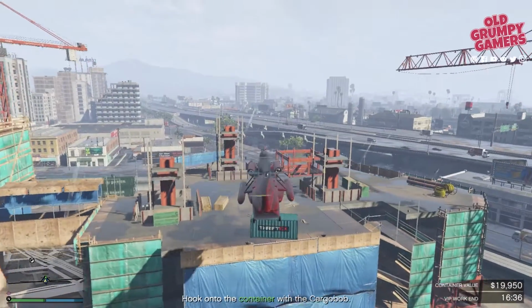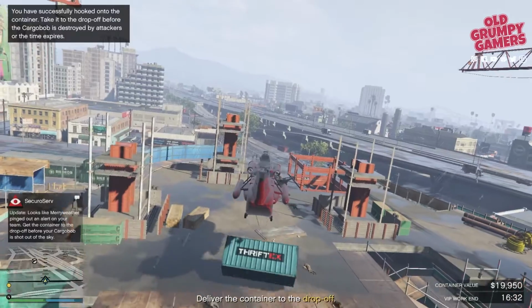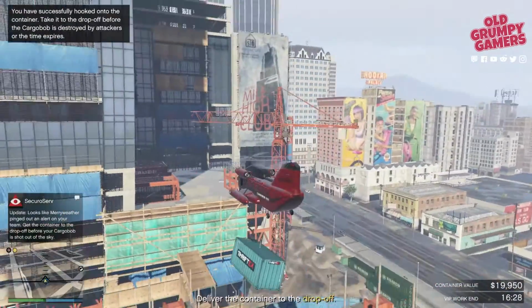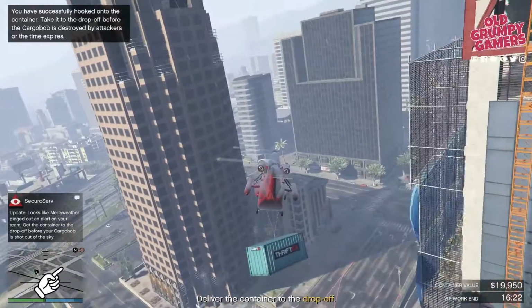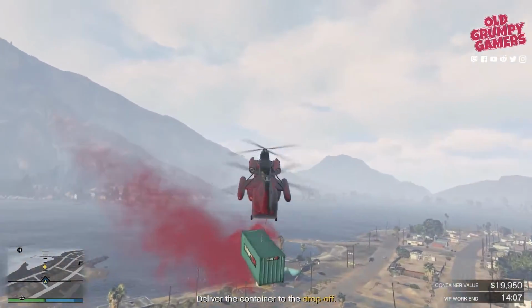Lower the hook, that's E on your keyboard, or right D-pad for Xbox or PlayStation, and make your way over to the shipping container. Now, if I'm honest, this takes a bit of practice, but hover over the container to pick it up, and once you got it, ascend. As you make your way back into the air, a yellow destination marker will appear on your minimap. Fly over to your new destination, making sure not to bump the shipping container on any terrain, and once you've